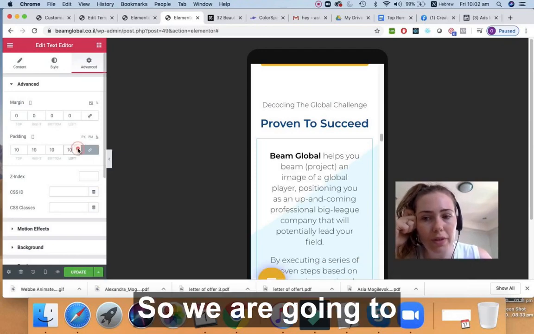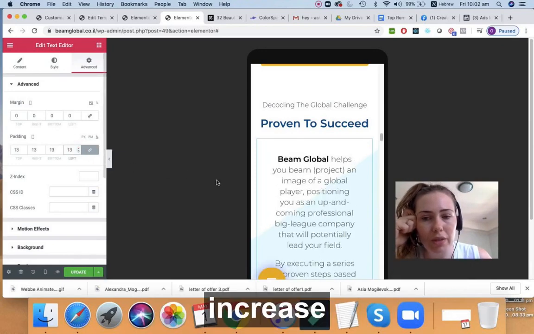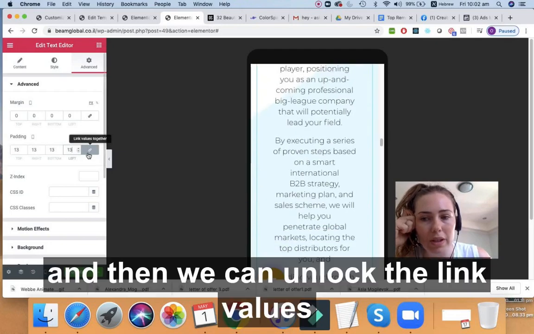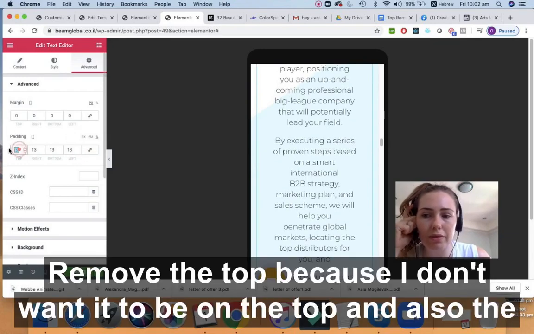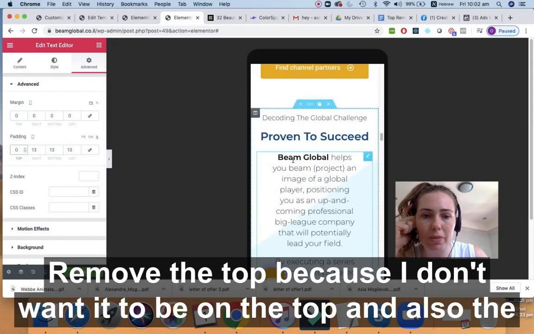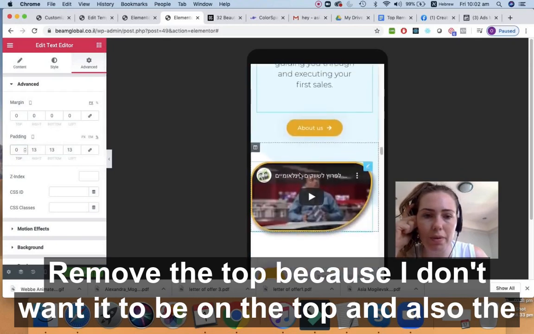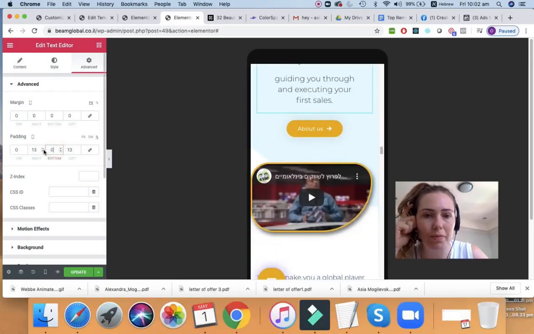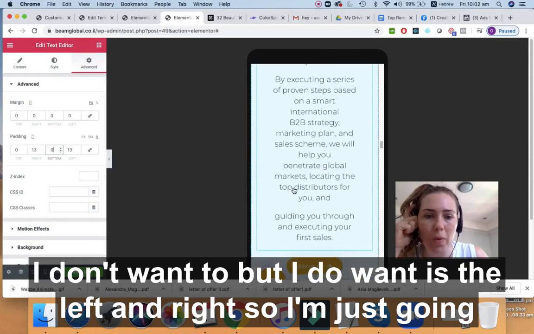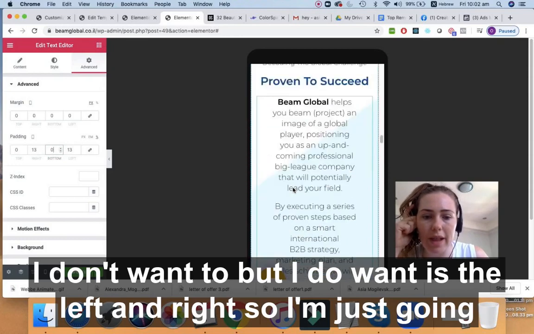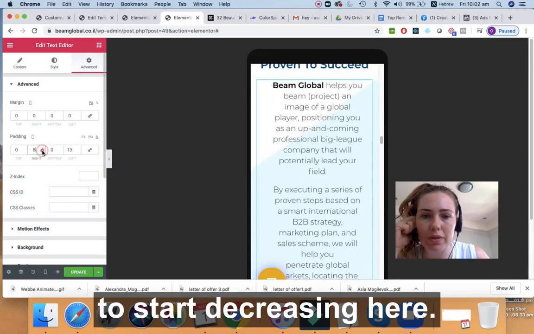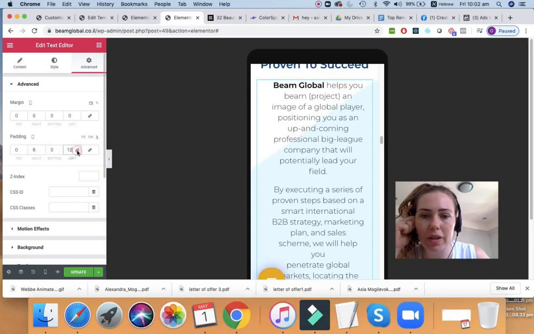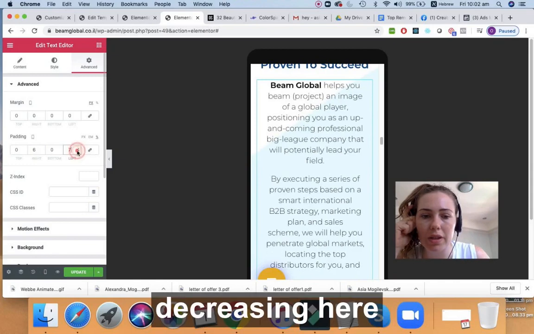So we are going to increase, and then we can unlock the link values, remove the top because I don't want it to be on the top, and also the bottom, I don't want it. What I do want is the left and right. So I'm just going to start decreasing here, decreasing here,